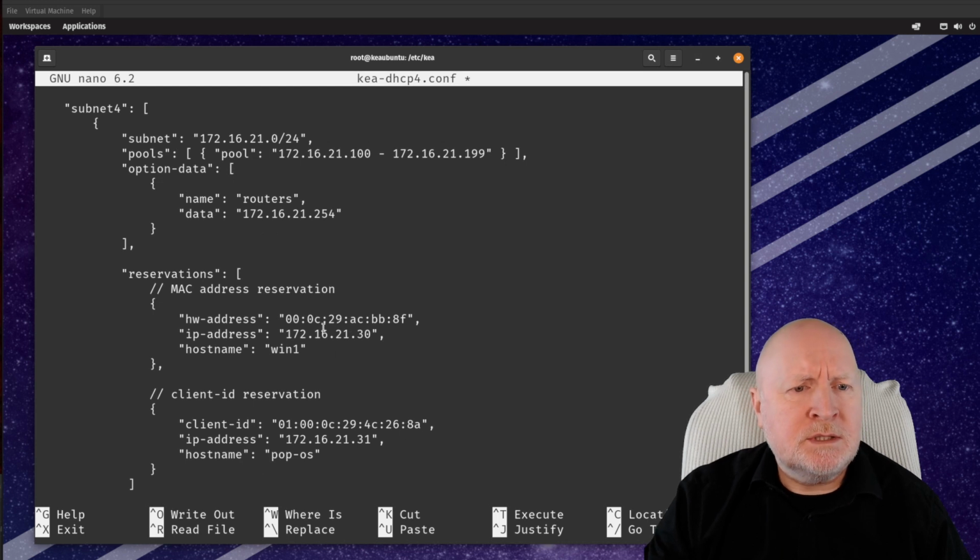But essentially what I'm doing is the two common ways of reserving IP addresses for computers. One is based on the MAC address. In other words, when our Windows computer here connects to the DHCP server, that's the actual MAC address for its network card. And we're telling the DHCP server here to reserve this IP address. So rather than giving it an IP address within the pool here, it's being told to give it